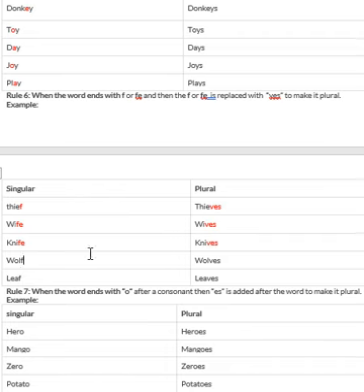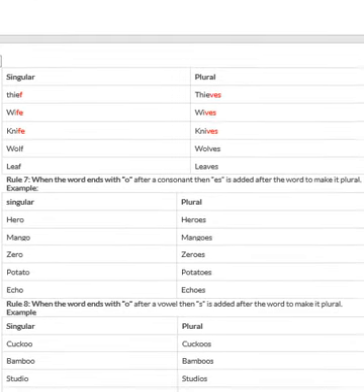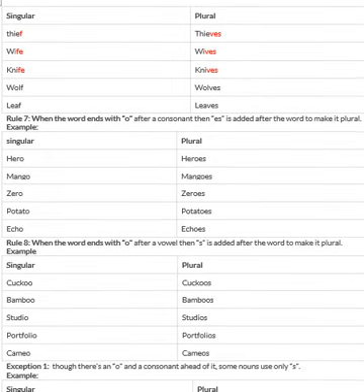In the same way, wolf, wolves, leaf, leaves. So, changing the numbers from singular to plural is very easy. Only the thing is that you will have to know, you will have to memorize, you will have to remember